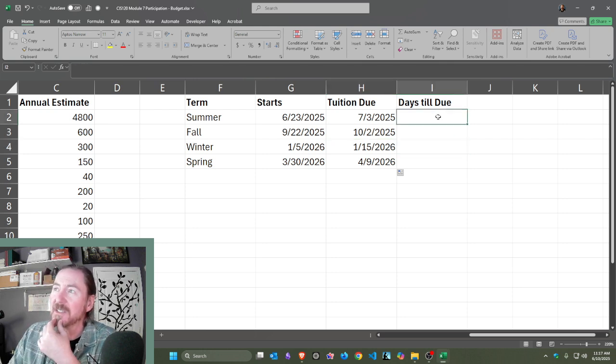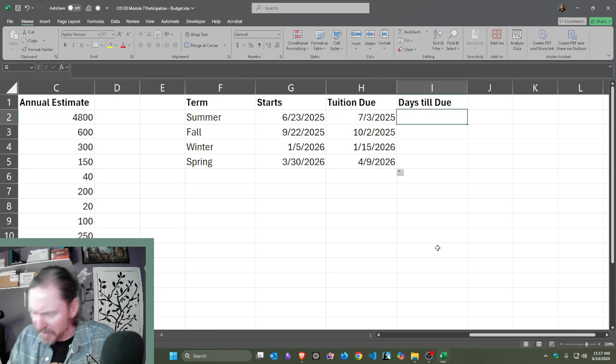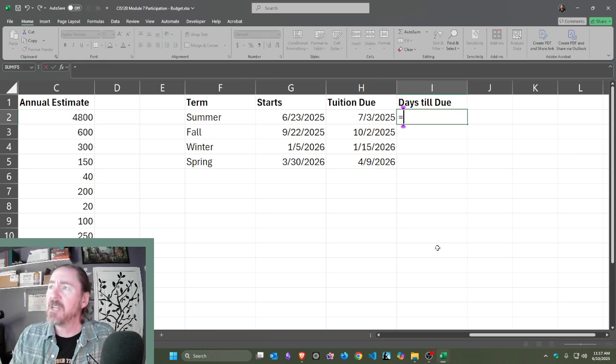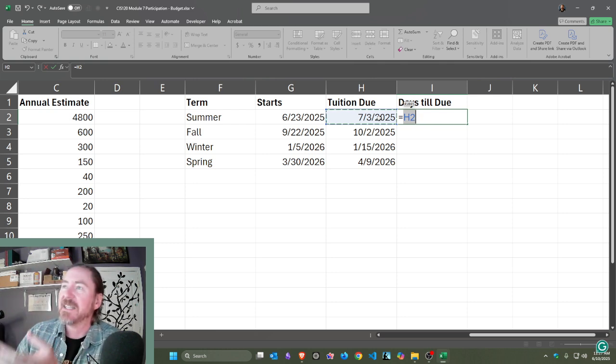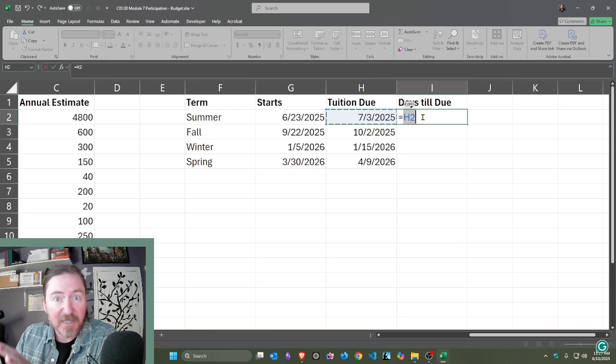Well, now I'm curious, how many days is this going to be? All right, well, this is okay. I can write equals, and then I can do the tuition due date, or click on the cell that contains the tuition due date. Now, because this is not an official table, it's not telling me the name of the field. It's just H2. So that's perfectly fine. I just want you to know the differences between using an official table versus just this data. H2 minus